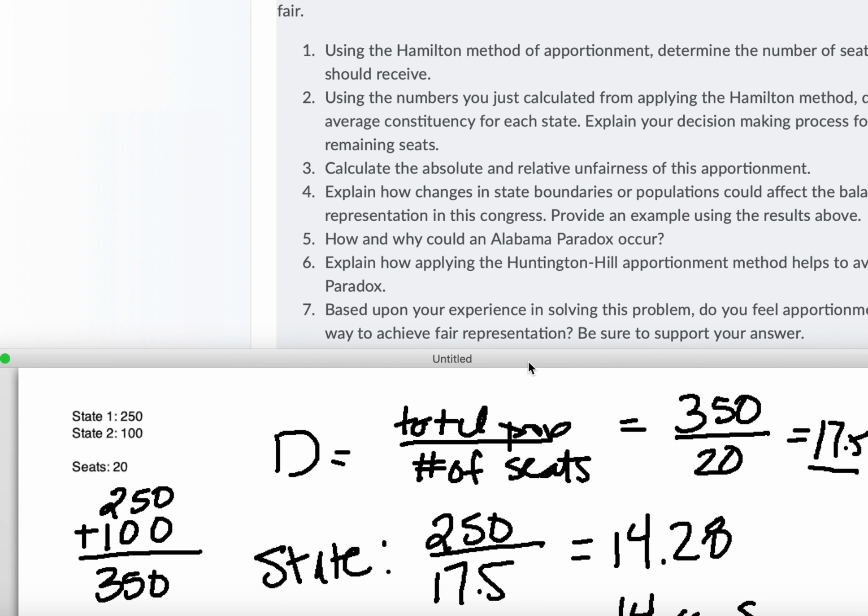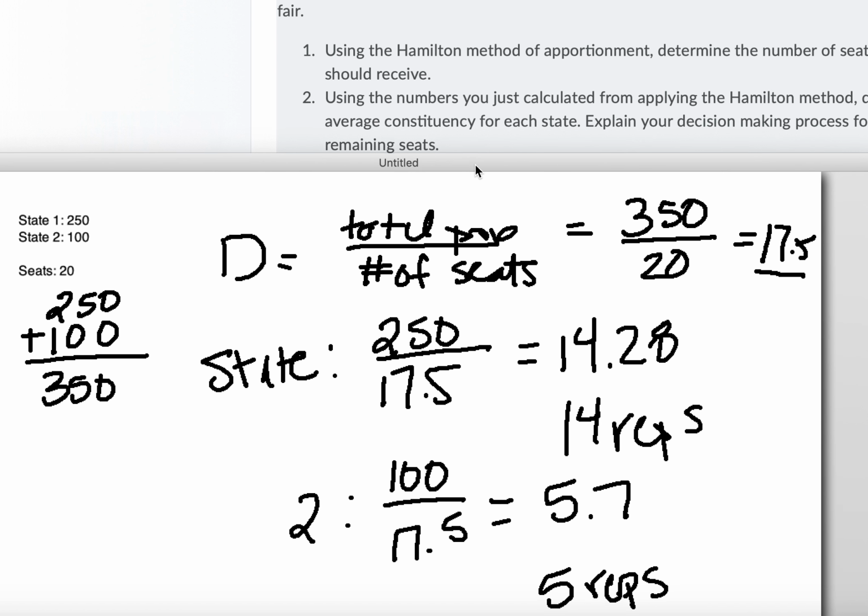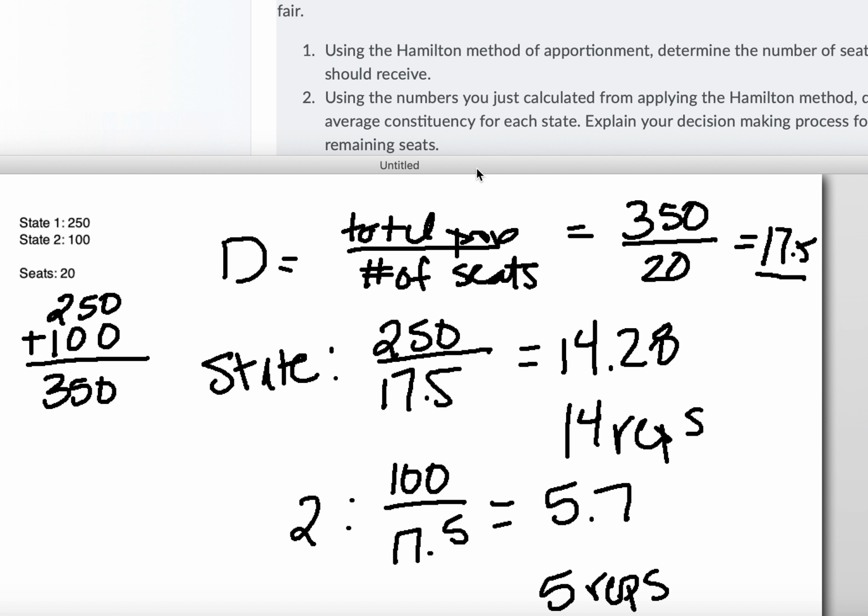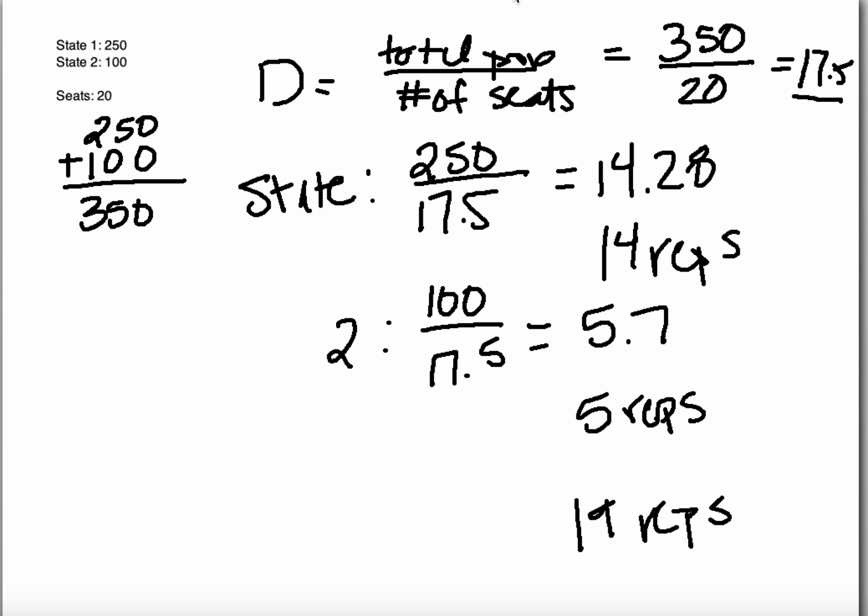So when you look at explain your decision-making process for allocating the remaining seats, there's no necessarily right or wrong answer here. But what I would like to see is this decimal is 0.28. This one is 0.7. So state 2 is closer to 6. So I'm going to give my extra rep to state 2. And then I would need to justify that in the written portion of the report. I would say because state 2 has 0.7, which is closer to 6, I'm giving them one of my